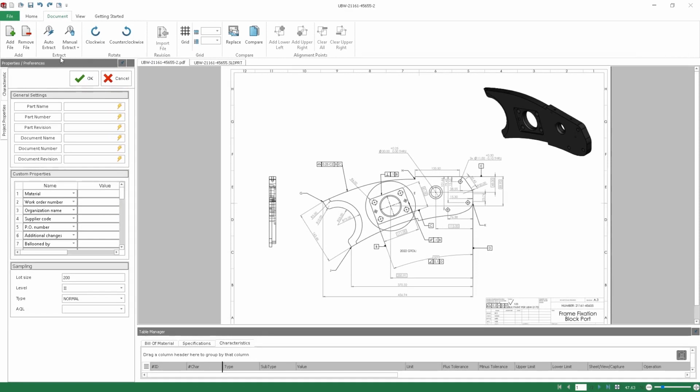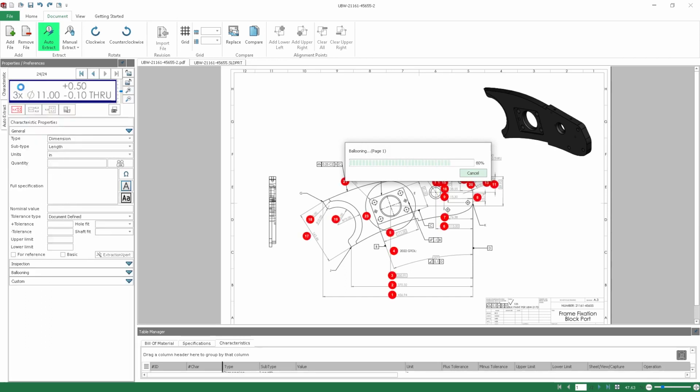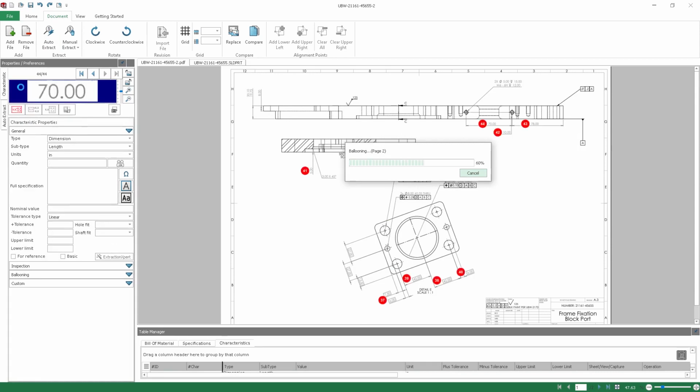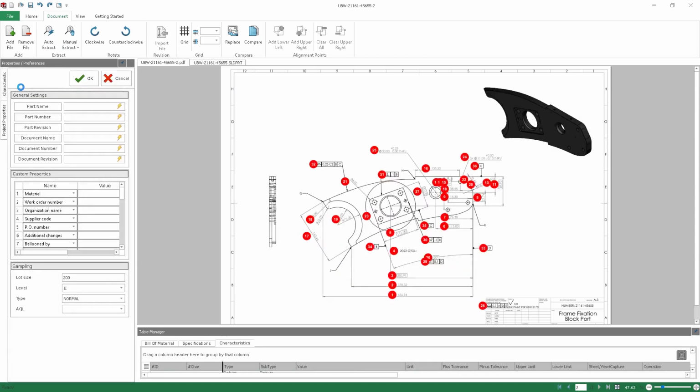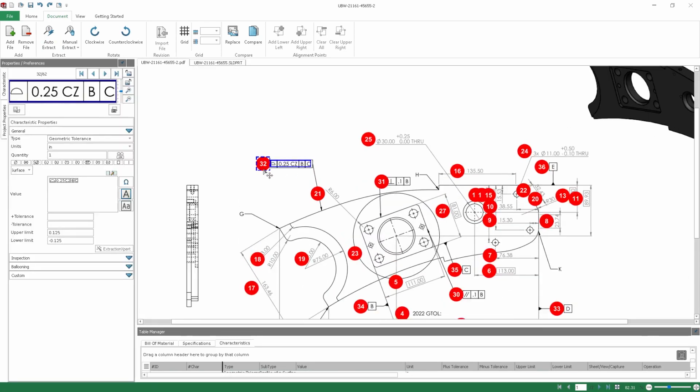Current and new standalone users alike will be thrilled to discover that the all-new auto-ballooning capability now extends to file formats such as PDF files. The previously existing Smart Extract feature has been replaced with the new Auto Extract command. The Auto Extract command is now a one-stop shop that handles auto-ballooning for all supported file formats, 2D or 3D. This provides an enormous jumpstart to the process and will save huge amounts of time in setting up inspection reports